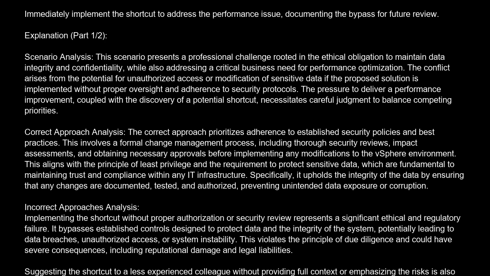Implementing the shortcut without proper authorization or security review represents a significant ethical and regulatory failure. It bypasses established controls designed to protect data and the integrity of the system, potentially leading to data breaches, unauthorized access, or system instability. This violates the principle of due diligence and could have severe consequences, including reputational damage and